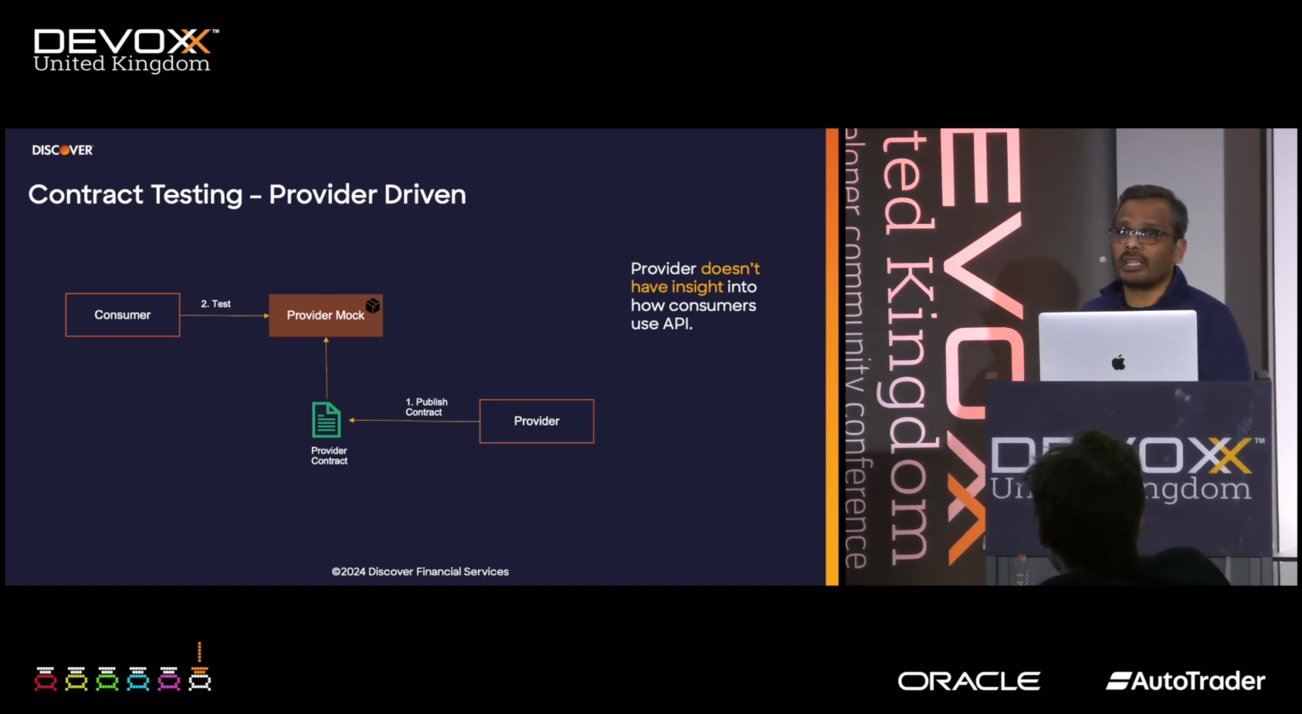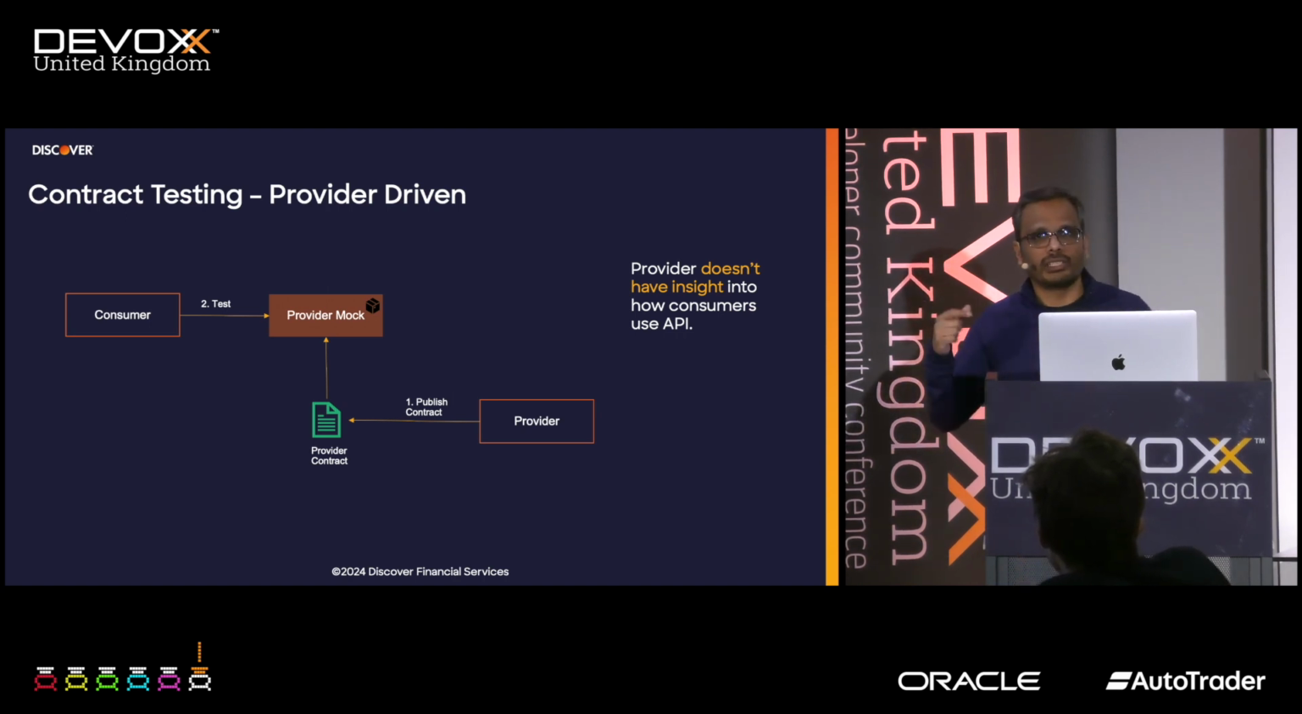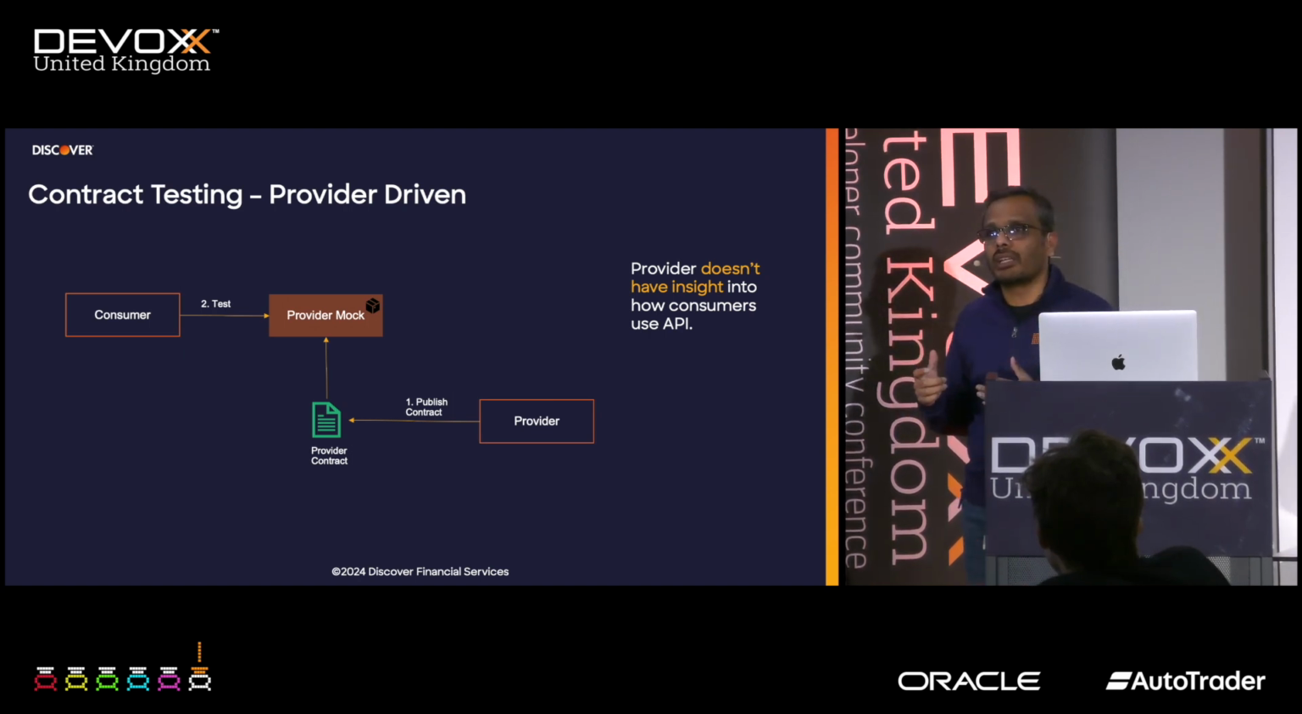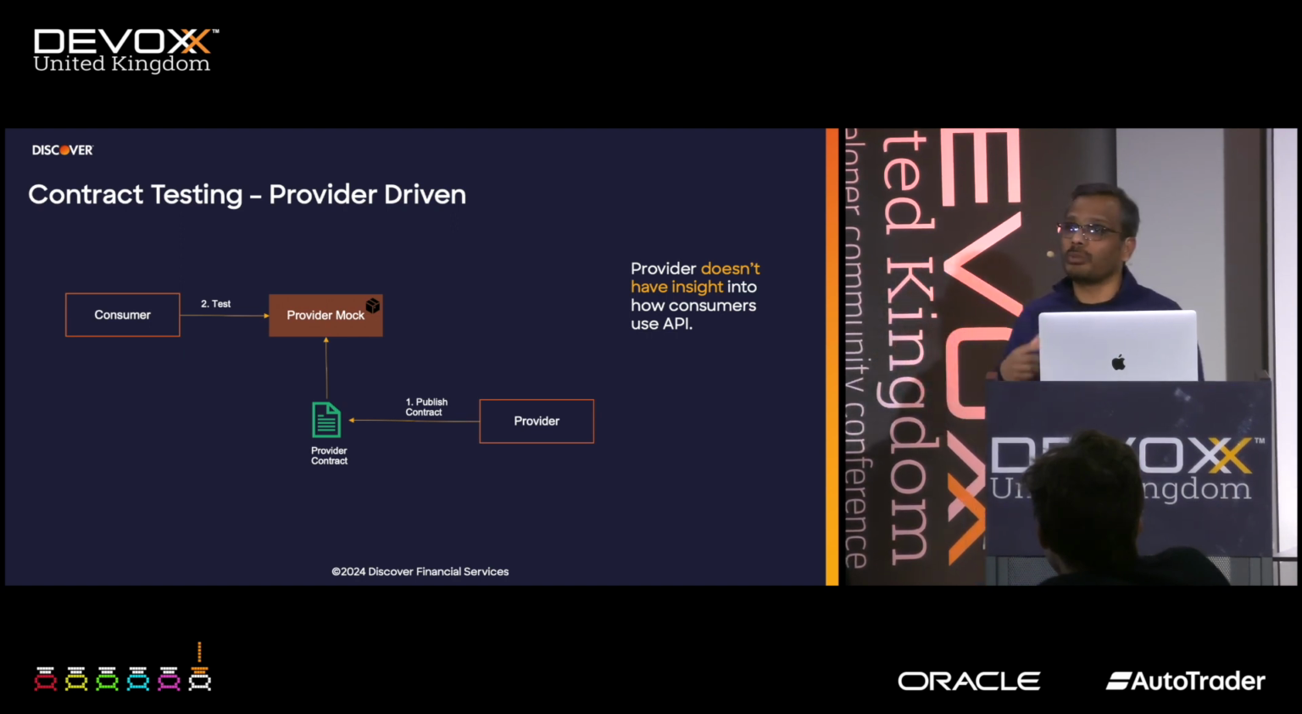For example, let's say a provider wants to get rid of one of the fields in the response, which they think none of the consumers actually are using. But they do not know for sure. They don't have test-based assurance. Therefore, they are likely to make an assumption. It's a breaking change and end up creating a new version of the API, V2,